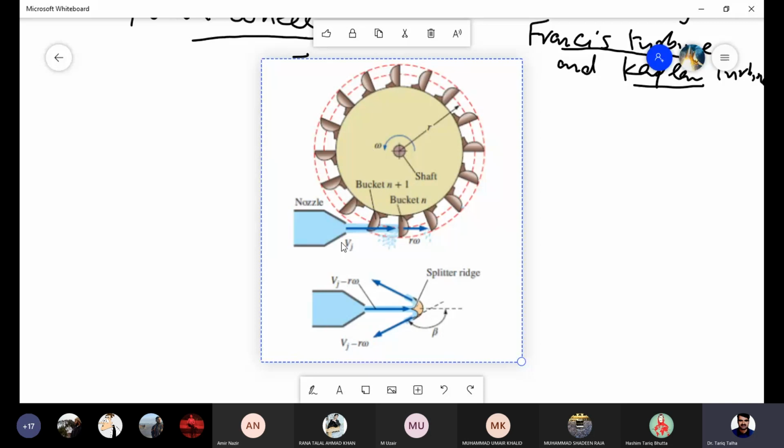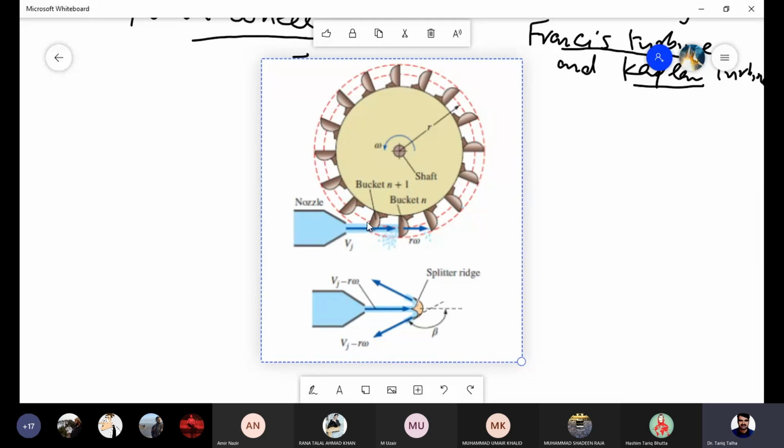Then we have our nozzle installed here. The nozzle converts the pressure or flow energy into kinetic energy of the jet, and then that jet is imparted on these blades, and then when it